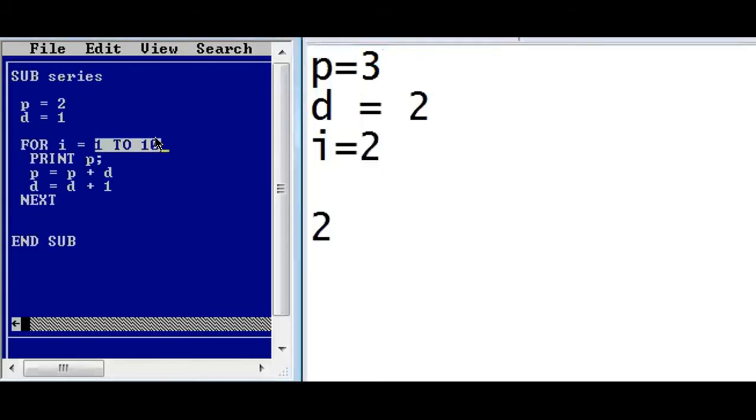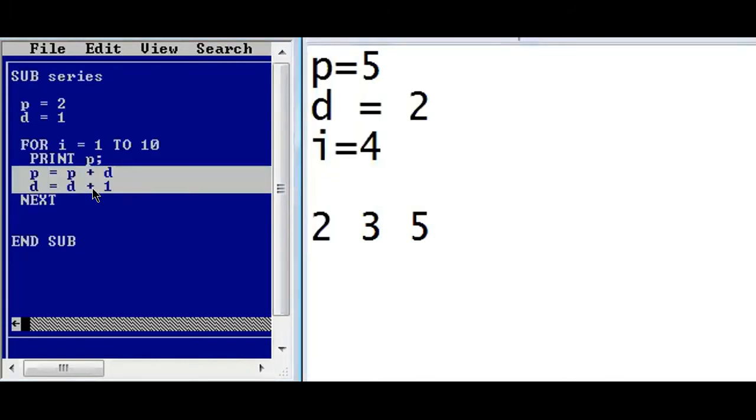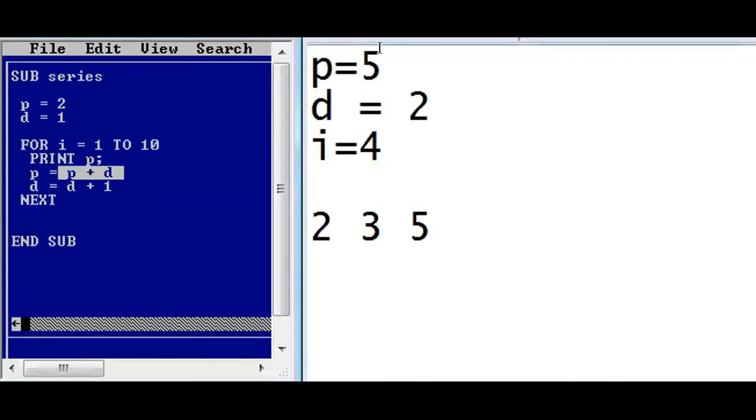2 is also valid in this range, so it will go down, print P. So we have 3 over here. So 3 will be displayed. Now here, P will add with D, which is 3 plus 2. 3 plus 2 is 5. And the new value of P is 5. D equal to D plus 1. It will again increase, it becomes 3. Next, it will go to step, no step, I will increase, I becomes 4. Print P. It will display the new value, which is 5. So again, addition will take place, P plus D. 5 plus 2 is